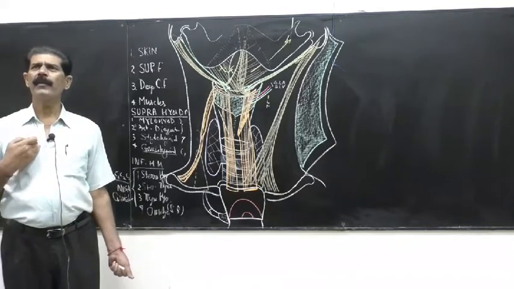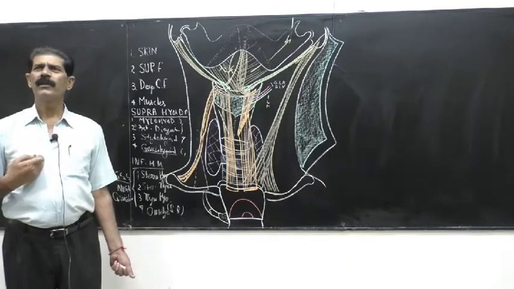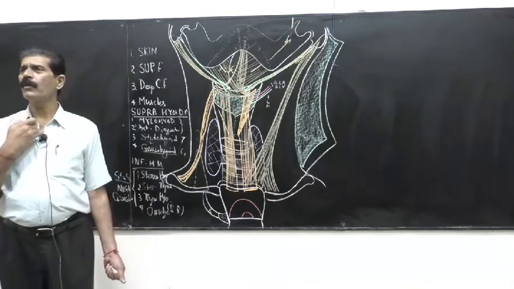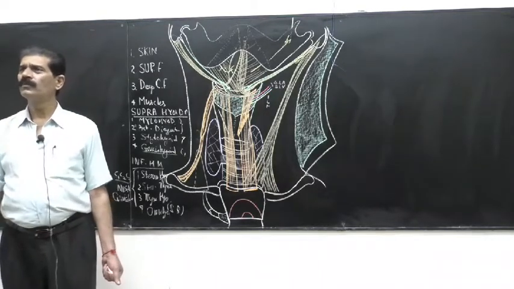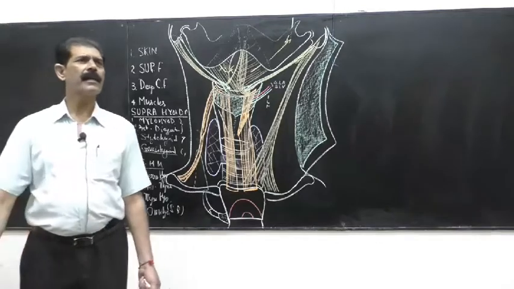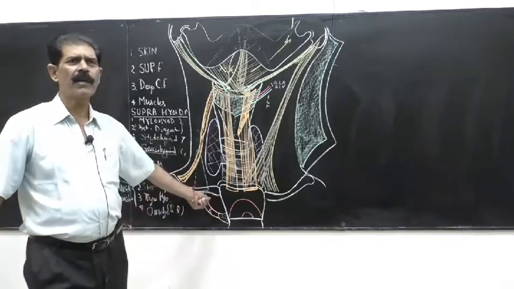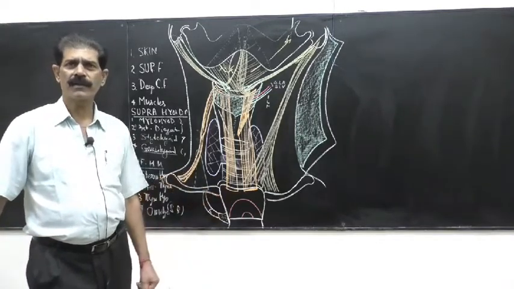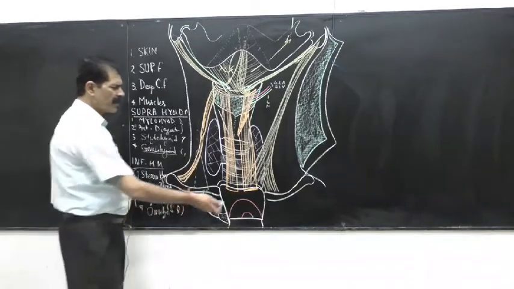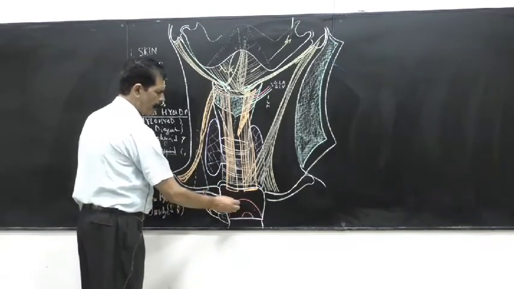Then just below it will be the third, fourth. So this sternal angle is used for counting the ribs above and below. That is the second clinical importance. Third is that the arch of the aorta starts and ends here. And what are the branches of the arch of the aorta?